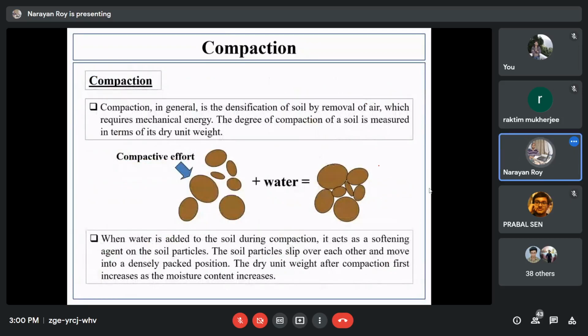Next, how would we define compaction? It is basically a phenomenon: the densification of soil by removal of air, which requires some amount of mechanical energy. What does it mean? See, this is a soil sample, say the grains of a soil sample. If you apply some compaction effort or compactive effort, basically some kind of mechanical energy,